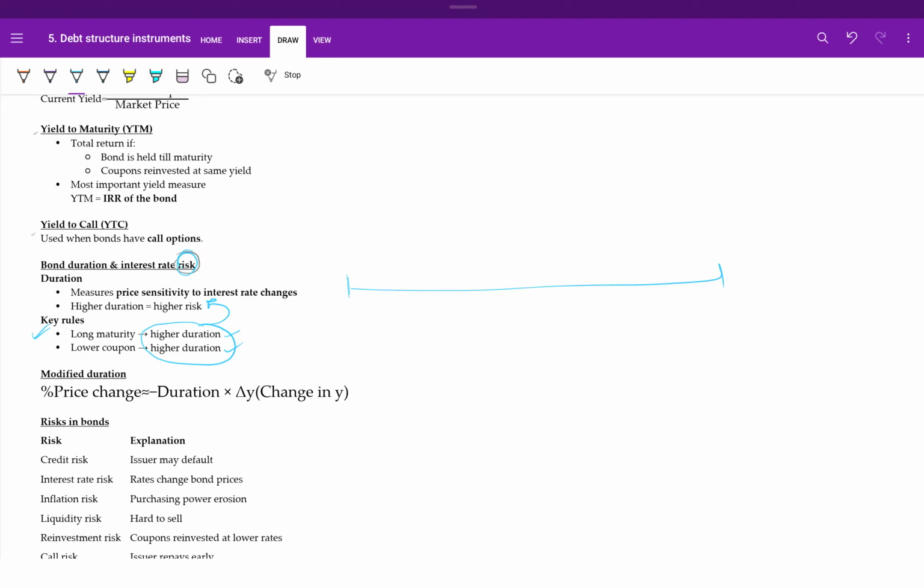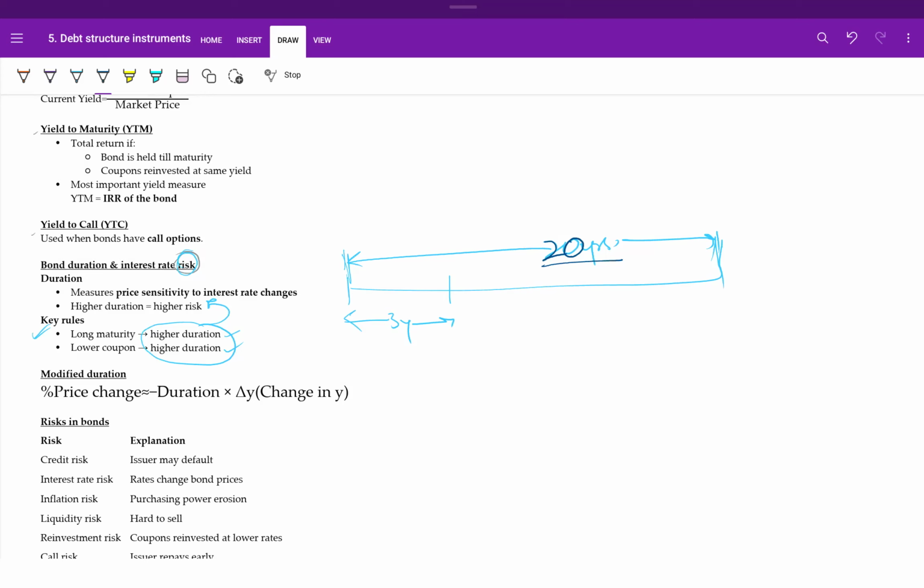If there is a bond whose life is 3 years, and another bond which has a life of 20 years, then when we talk about risk, with a 20-year bond there is